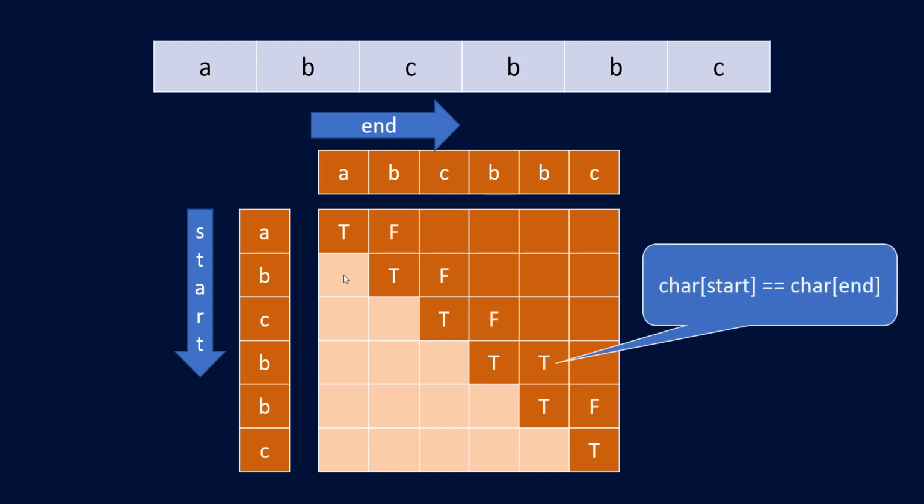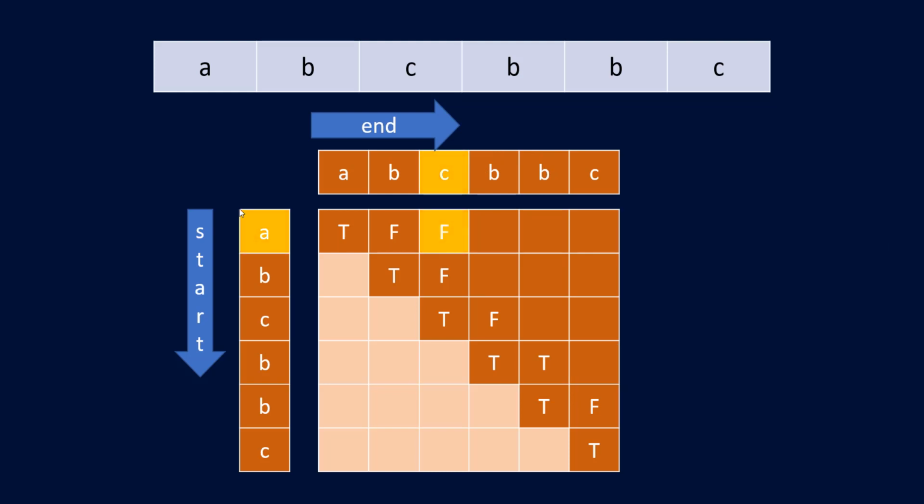Now for the second case. For the second case, if you see over here, your start character, that is B, and your end character, that is also B. Both are equal, and so this particular index would be filled with true because this is a palindromic substring. What is the string? The string is this string, B and B. Now coming on with our other case, that is for a length greater than 2. Let's consider this case starting from A and ending at C, that has all these characters. Now the first condition that we need to check is whether these both characters are equal or not. Over here, these are not equal, so it fails over here itself, and so we can simply write false.